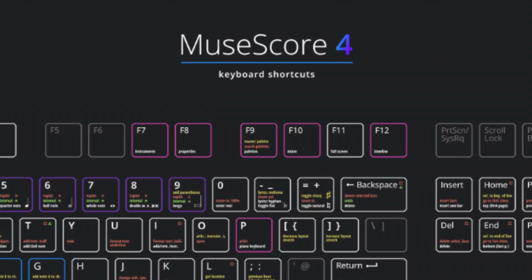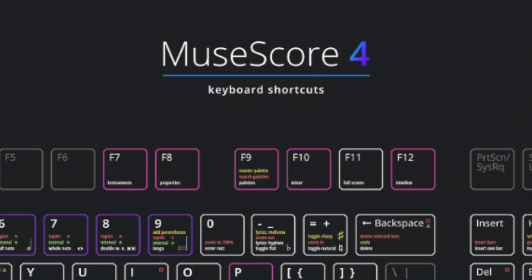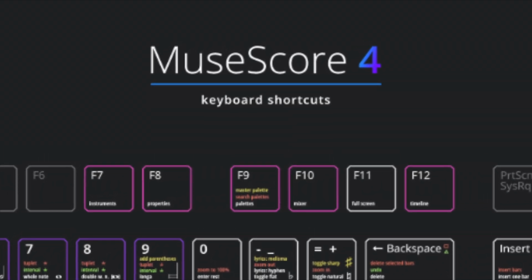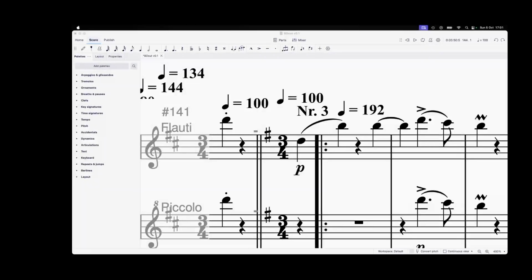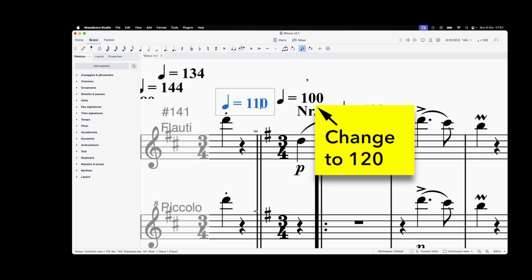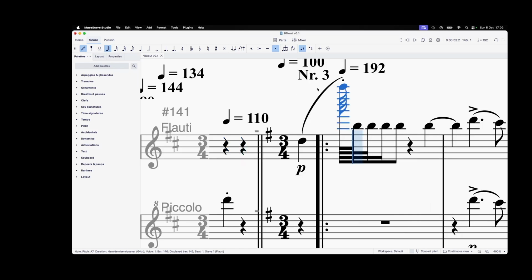In particular, type a number or A, B, C, D, E, F, G, and you're entering notes. I'll show you how that happens with tempo change because I've done a lot of that in the Blue Danube. First, we'll change that tempo of 100 to 110. That seems to work. Now to change the next 100 to 120, select the item and miss. Now you type the new tempo in anyway, and the numbers are interpreted as note lengths. Another click to get out, and you've added a monstrosity like this.